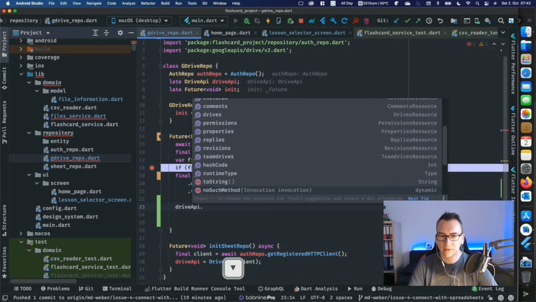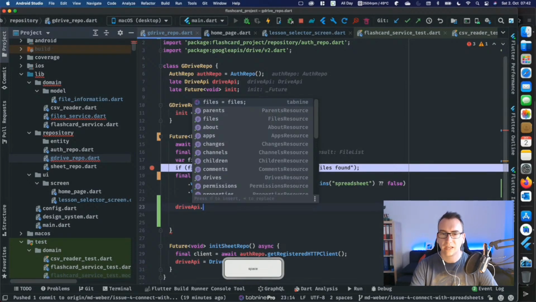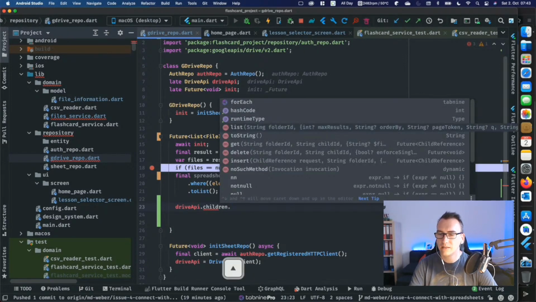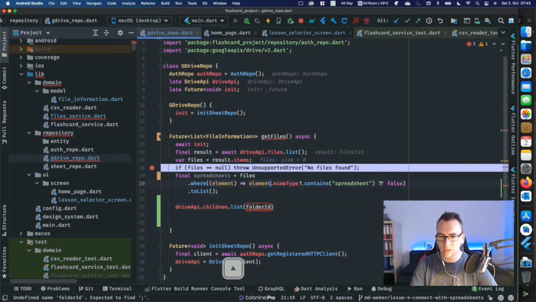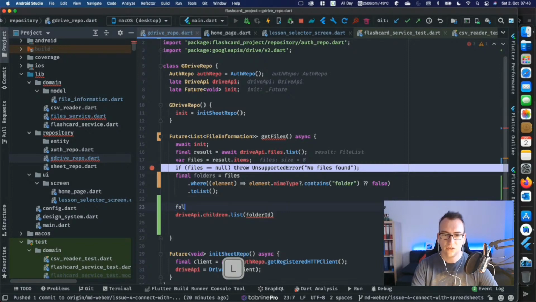Properties, replies. Maybe it's better to ask for the children. What do I get if I ask for children? Then I have the possibility to list all of them and ask for the folder ID. So what we could do is change that from spreadsheet to folder. And then we have here our folders. And for each folder,